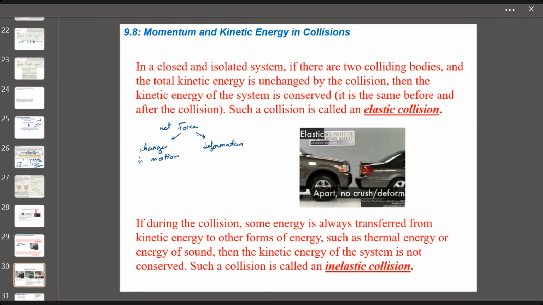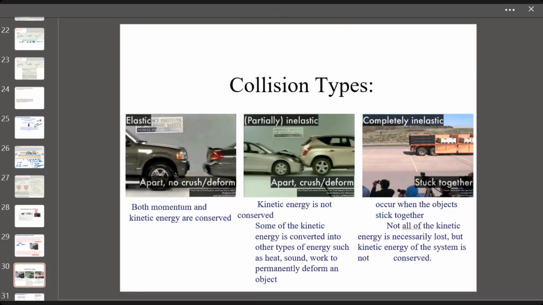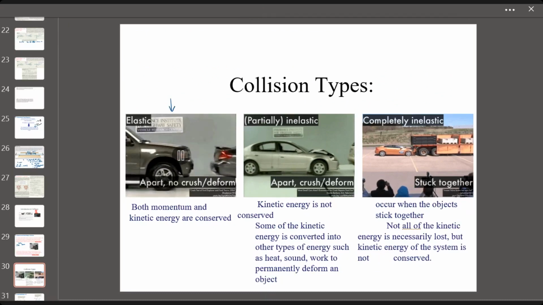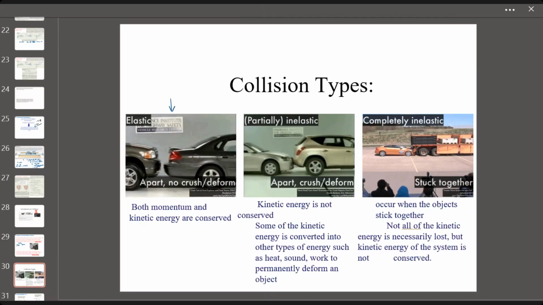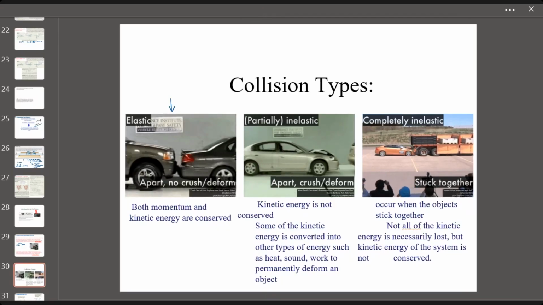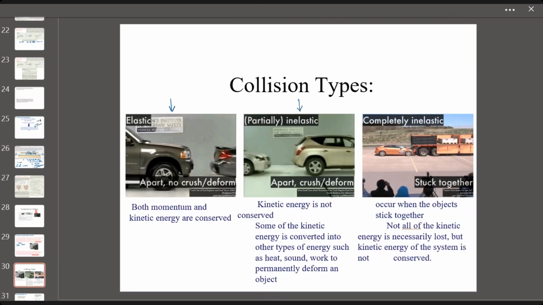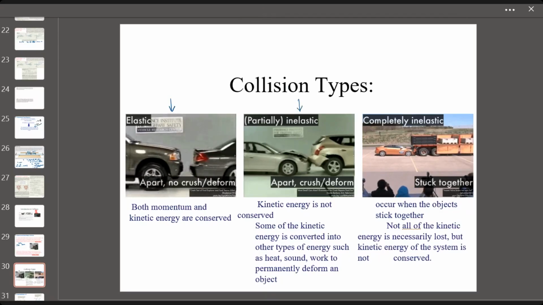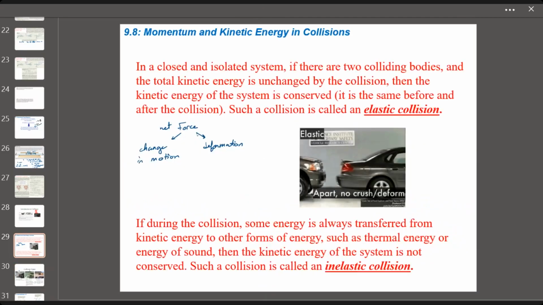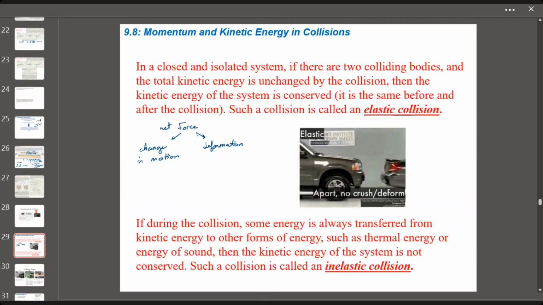Namely, in collisions, look at the different scenarios I can have. One car can push the other without a deformation, such as here. So the bigger car just pushed the other one to the front, no change in the shape. Whereas here, you can see how this car got a bit deformed. So there's a deformation involved. What's the difference, physically speaking, between these two scenarios? I will name the first one an elastic collision. In an elastic collision, no deformation happens. And if there's no deformation